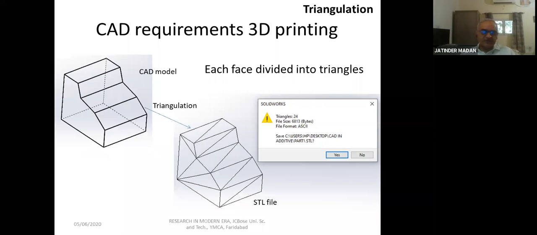So you have the CAD model, which you can make in SolidWorks or Pro/E or CATIA or NX, whatever software you use. So this CAD model has all this surface information. You convert it into a triangulated model or STL file, simply by saving as an STL file. So you have this